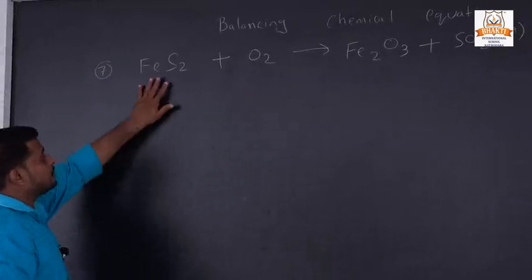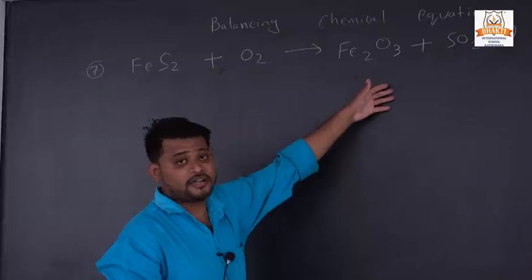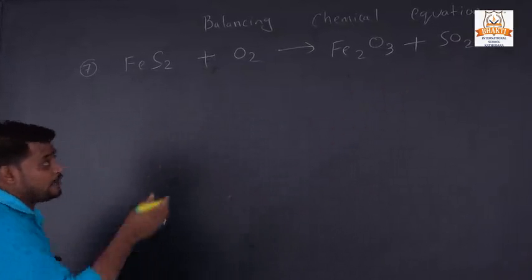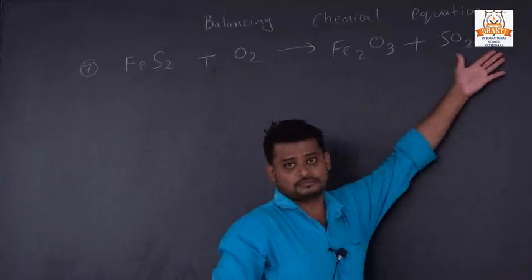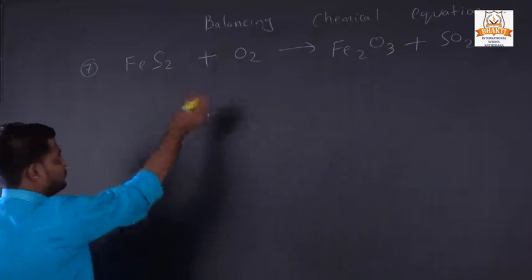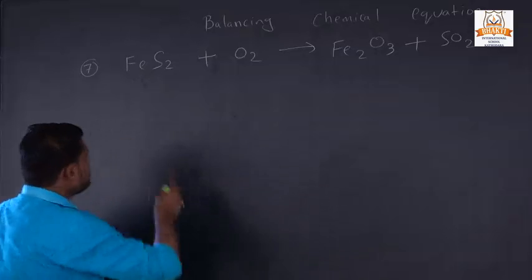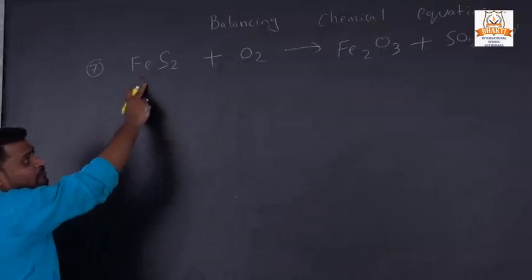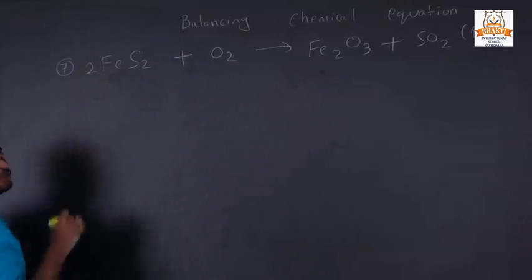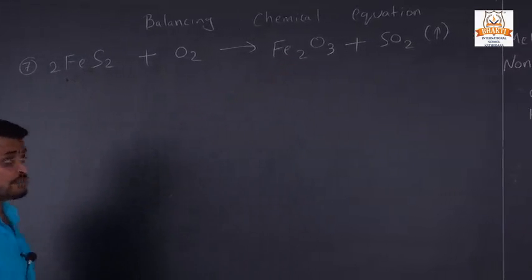Okay, now here iron sulfide reacts with oxygen, it gives us iron oxide plus sulfur dioxide. That was liberated. The symbol of arrow, this was liberating, means gas was released. Now iron sulfide, first we have to check metal was balanced or not. Now iron, the molecules of iron is here 1 and in product 2. So we have to multiply here iron with 2. So iron 2 and here also 2, means iron was balanced.